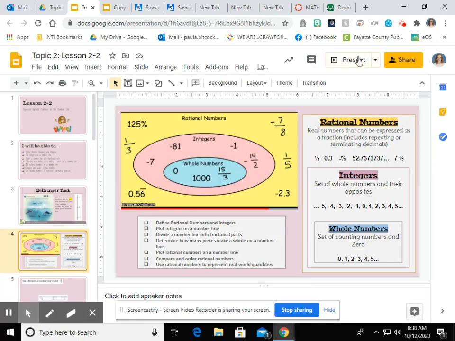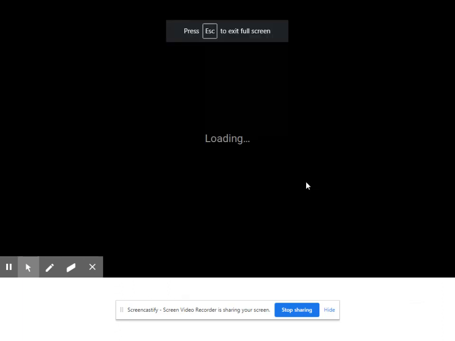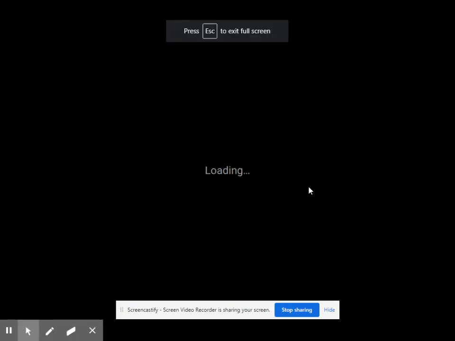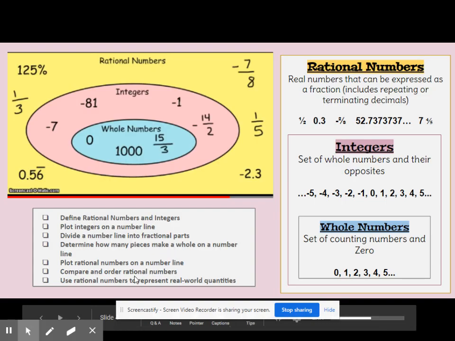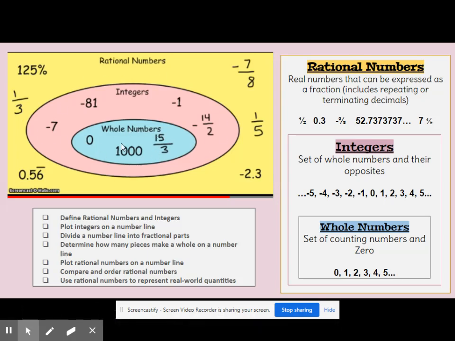So the first thing we're going to talk about is what is a rational number. When you look on this screen, you have definitions of numbers written on the side and a diagram in the middle. So what we have is whole numbers in the number system. Whole numbers are the set of counting numbers and 0. So when we count, we can go 0, 1, 2, 3, 4, 5,